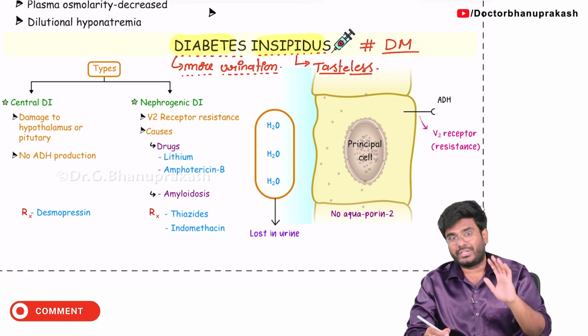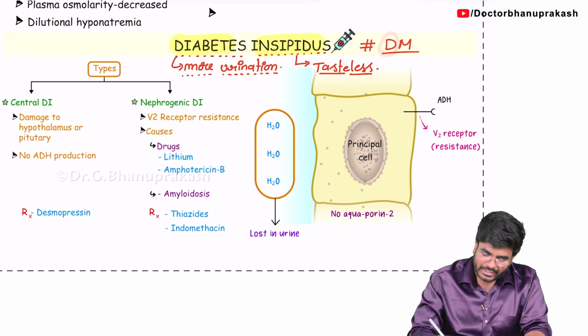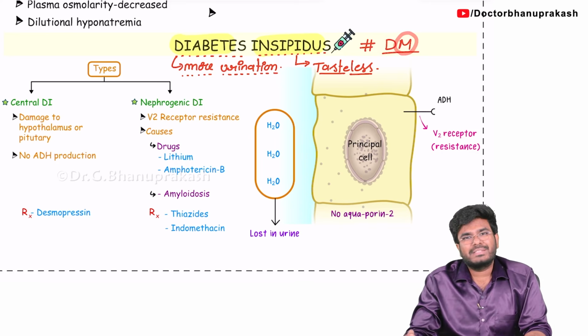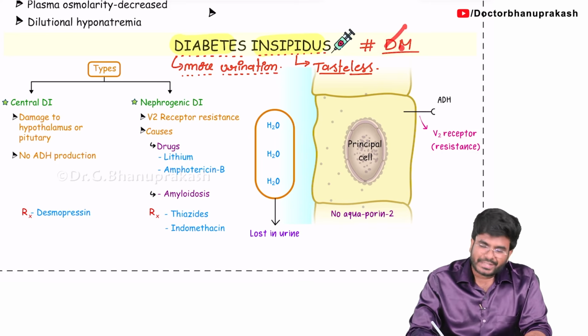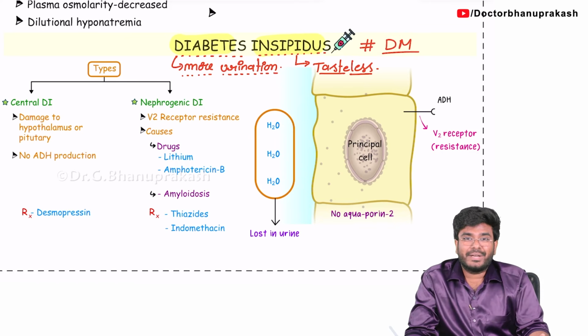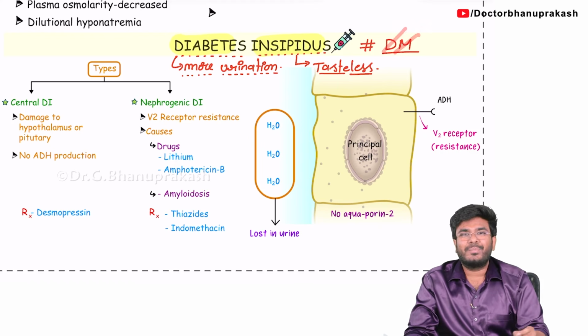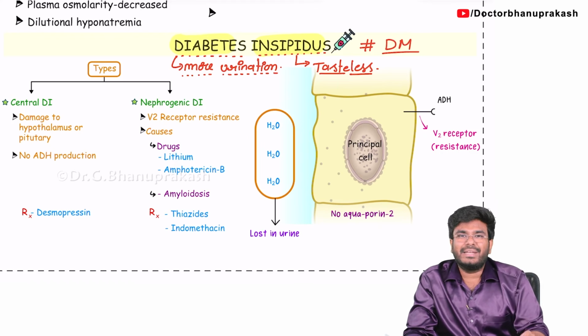Now, based on this, tell me, what exactly is the meaning of the word diabetes mellitus, which is a totally different disorder? Diabetes again means he is producing more urine, and the urine that he is producing is mellitus. Mellitus means sweet. So, sweet urine, that's the literal meaning. Previously, this is how the diagnosis was made, by tasting the urine. If the urine is sweet, then the person is diagnosed as diabetes mellitus.